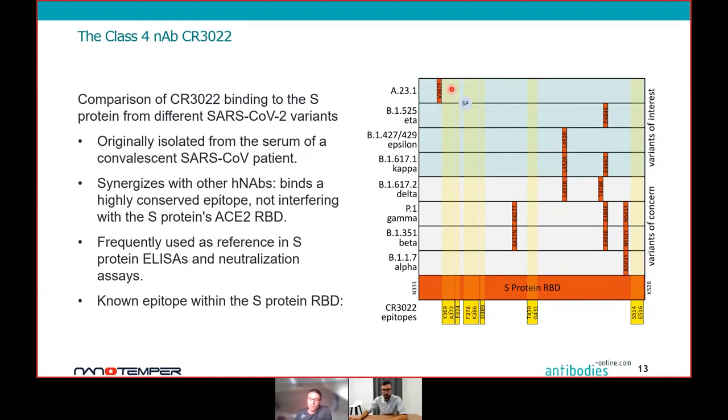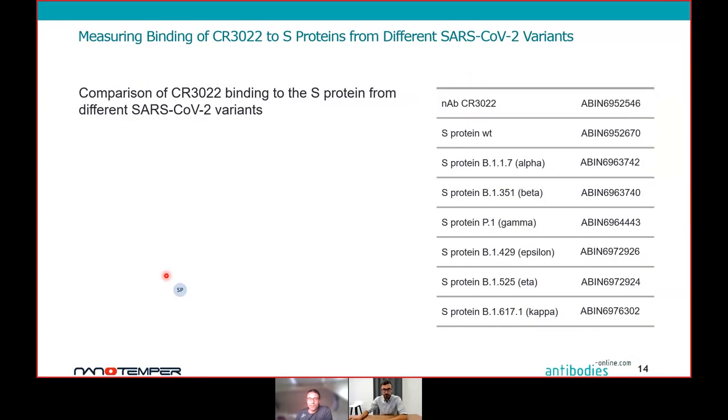So unless the quaternary structure of the variant's S protein trimer has any effect on binding of CR3022, we hypothesize that the antibody still binds to all variants shown here, which includes pretty much all the variants that you find also covered in the daily press, including the Delta variant here. In order to test this hypothesis, we sourced high-quality, full-length trimeric SARS-CoV-2 S proteins, including the membrane proximal stalk, from our protein expression lab here in Germany.